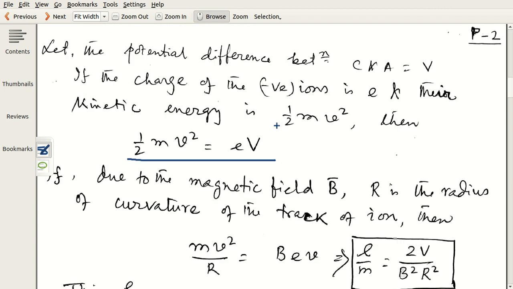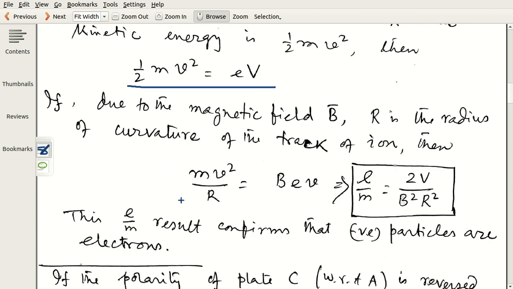So if the radius of curvature is r, then definitely mv square by r is the centrifugal force on the electrons, which must be equal to B into E into V. Using these two relations, just calculate V from here, cancel this V by this V, and then put it there. So you obtain a relation